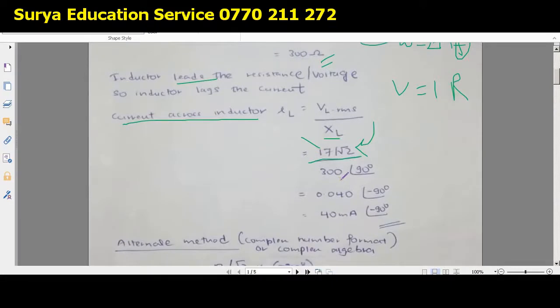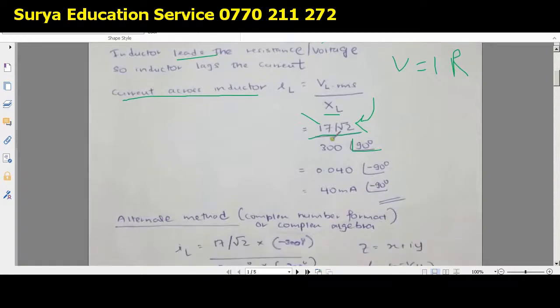But there is something here, you need to put the phase angle. I told you that inductors lead in the resistance, right? So for an inductor, they lead by 90 degrees. So here just put 90 degrees, right? Okay, because inductors lead in the resistance. So for the voltage, you are going to put the root mean square value, which is the peak value divided by root 2, and divided by 300. But in addition to that, just put the symbol, the angle. What is the angle? 90 degrees.